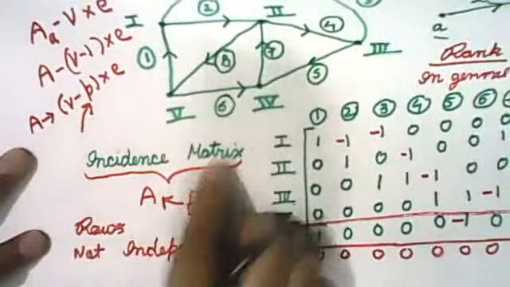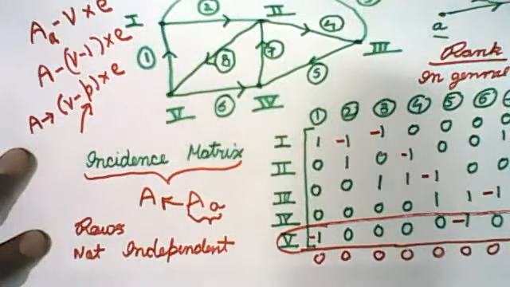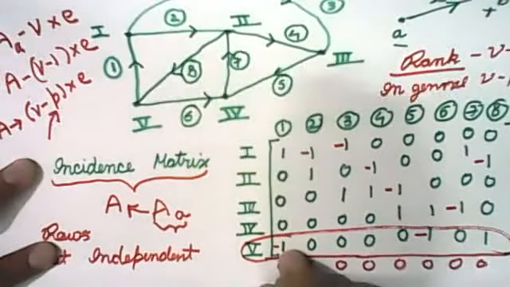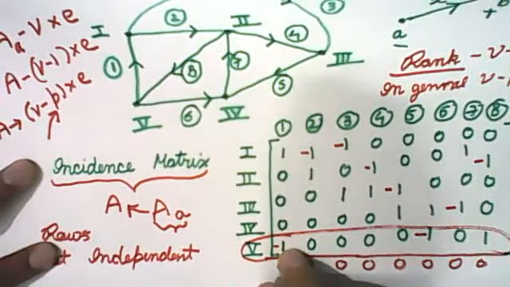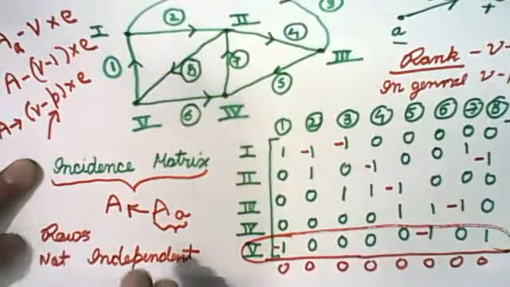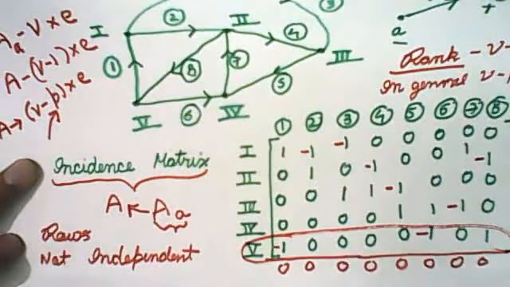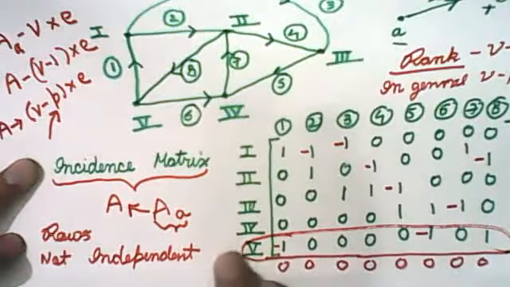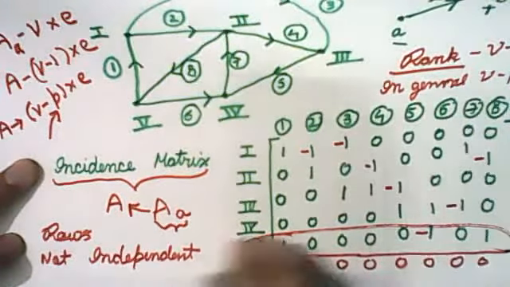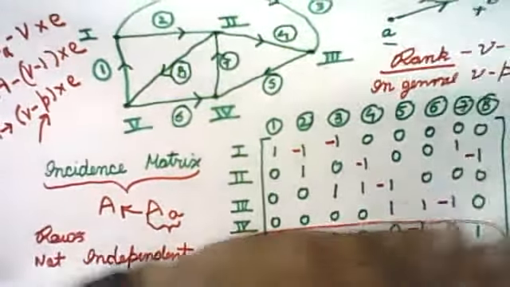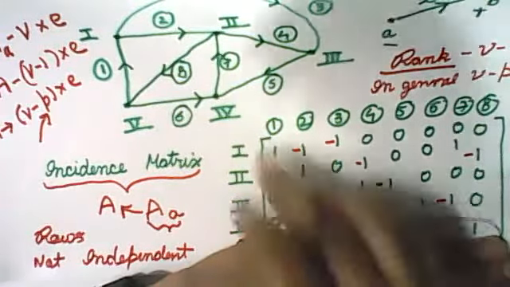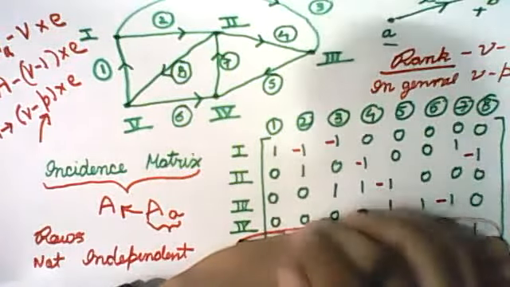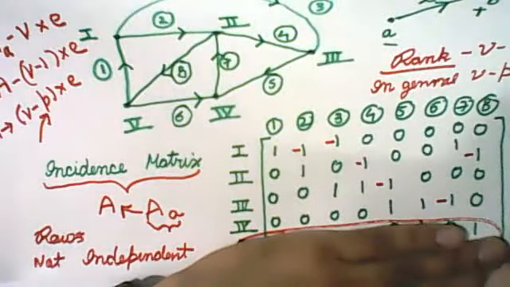So we have discussed the incidence matrix of both directed as well as undirected graphs, and we have also seen that if the matrix doesn't have linearly independent row vectors... in the last part I was using the term independent matrix, it was actually a matrix with linearly independent row vectors. Then we try to omit or remove any of the rows and you will get linearly independent row vectors.